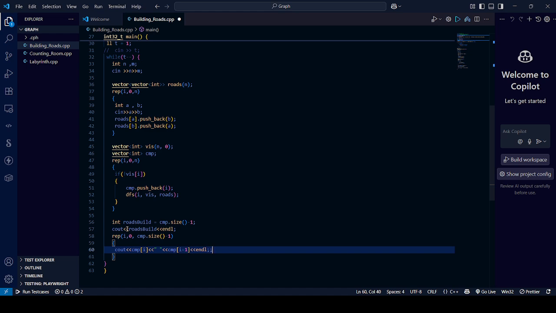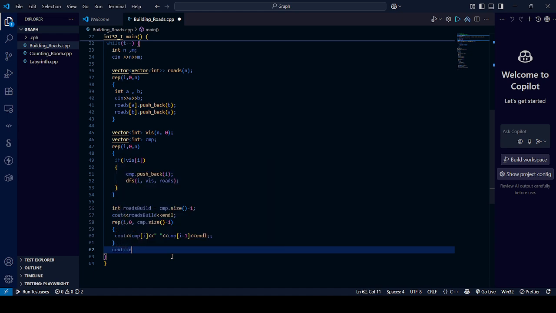So what if I build the road between the first component and the second component, and the second component and the third component? After this, we don't need to make a road between the first component and the third component because we can travel from first to second and second to third. So we don't need to build another road, and we have to minimize the number of roads. So that's why this is our answer. And then last,